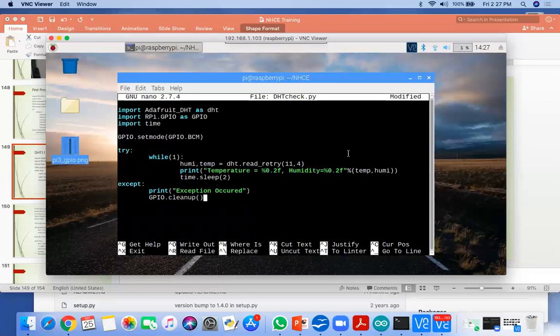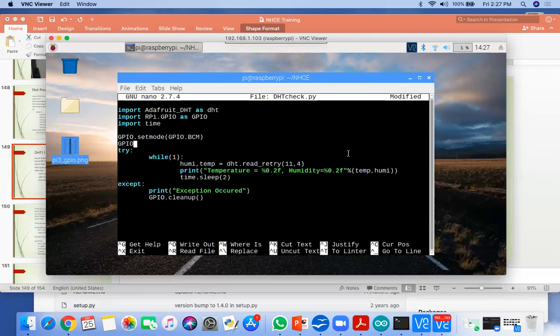We will modify this program by interfacing one LED, and if the humidity is beyond some threshold, that LED should be on. So we'll modify the program here.